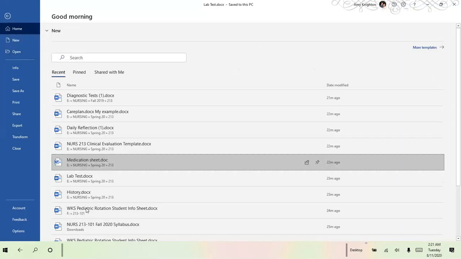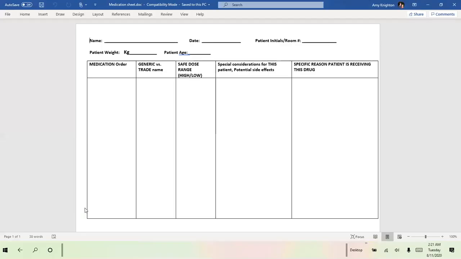Okay, and then we have our medication sheet. It is very important at the beginning of your shift to take note of the weight of your patient in kilograms. We can't calculate safe dosages on anything without knowing the weight of the patient. So you don't want to come to the med room to give a med with me or your nurse without knowing the patient's weight. Sometimes we get called upon quickly to give a medication, and it would just be really good if you have it jotted down on your notes what your patient's weight is